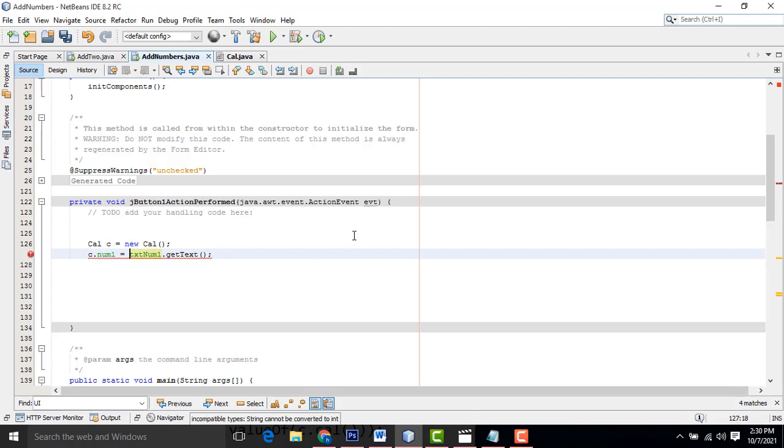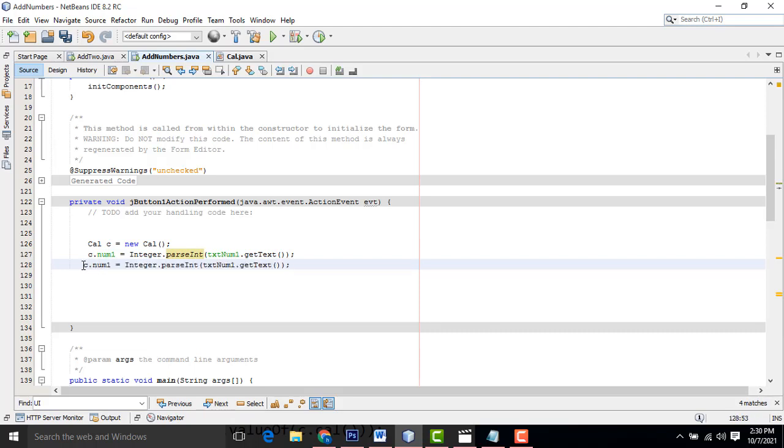Here, Integer dot parseInt, like this. Same thing with Control C to copy, Control V to paste here. This one should be num2. So whatever number you type is assigned to this variable, and whatever number 2 you type goes to this variable. I am going to calculate those things.